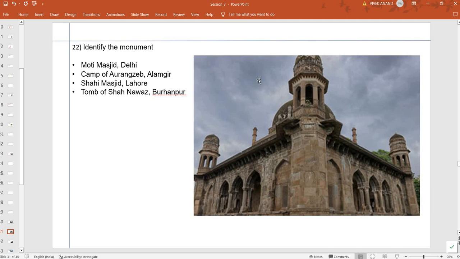So using these features, you can tell that this was located somewhere in the Deccan region. Okay,